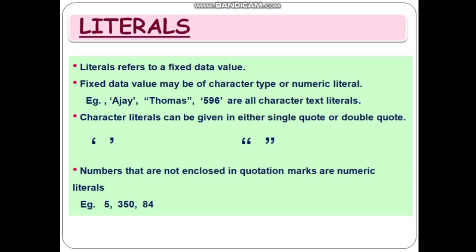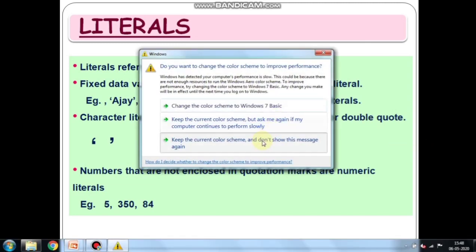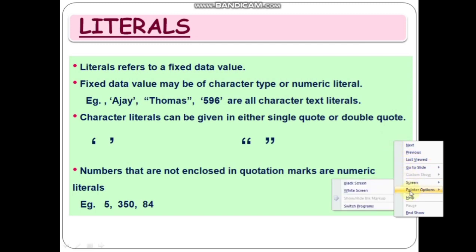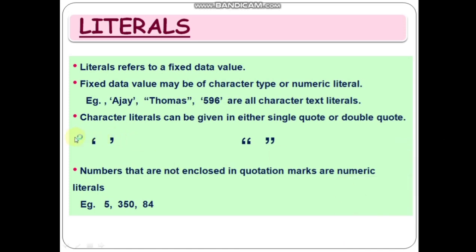Fixed data value may be of character type or maybe numeric type. So, can be a character literal, that is character or text literal, or a numeric literal. Now, how you will understand that it's a character literal? By seeing if anything which is given, whether it's a text or a number, if it is mentioned inside single quote or double quote, then it is a